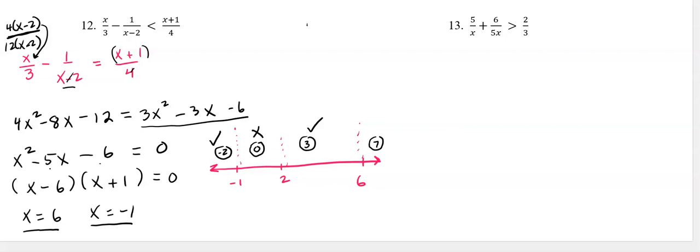So let's erase these. So 7/3 minus 1 over, and this is 7 minus 2, so that's 1/5. Is that less than 7 plus 1 is 8 over 4, which is 2. Okay, so if you have to get a common denominator, that would be 15. So this is 35/15, and this is 3/15. Is that less than